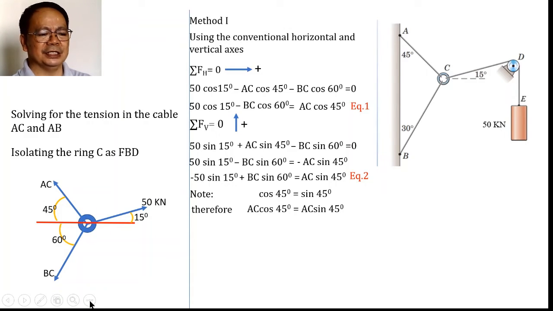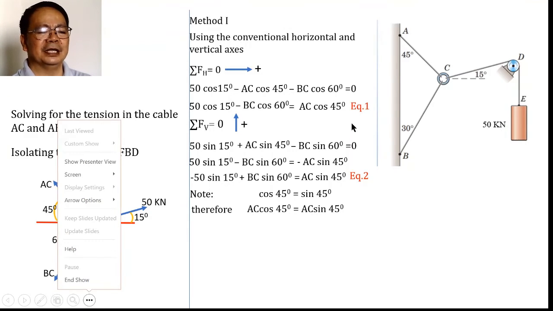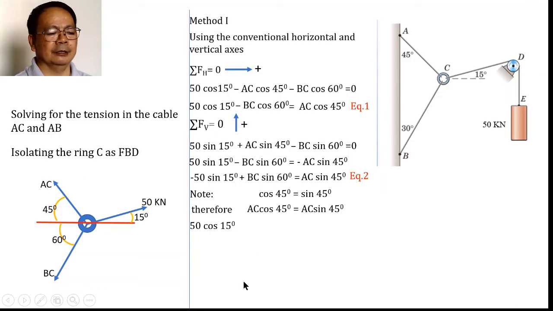But what is this AC cosine of 45? Isn't that exactly the first equation? And AC sine of 45 is exactly the second equation. So if equations 1 and 2 are substituted with their value of AC cosine of 45 and AC sine of 45, this becomes equal to 50 cosine of 15, which comes from here, plus